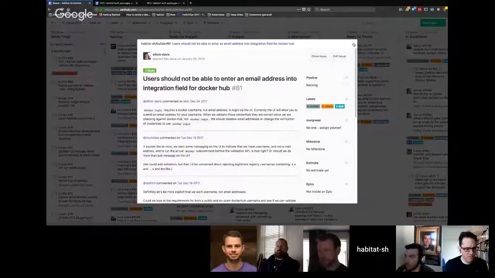Does anyone know whether it's legal for a Docker username to have an @ in it? It is, yeah. We did a little bit of research on it back in December, but under certain circumstances it is.